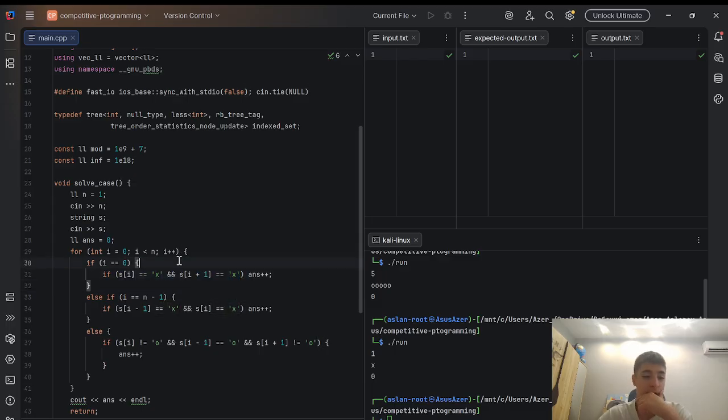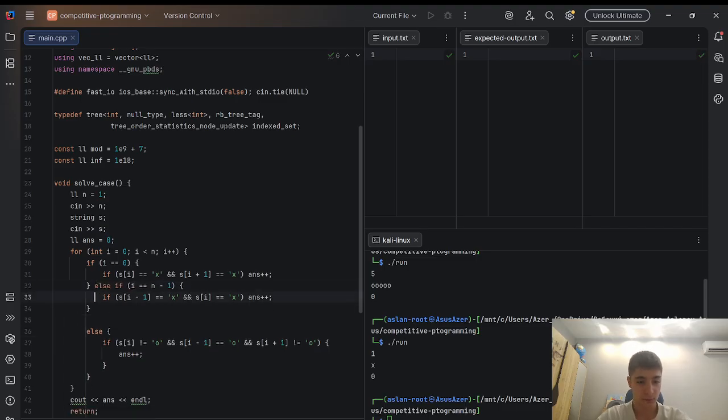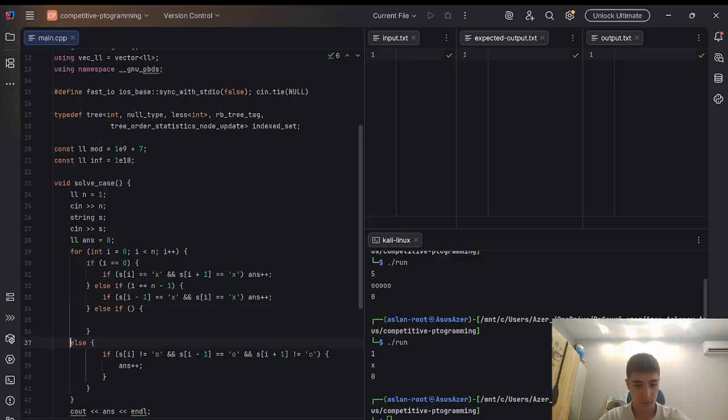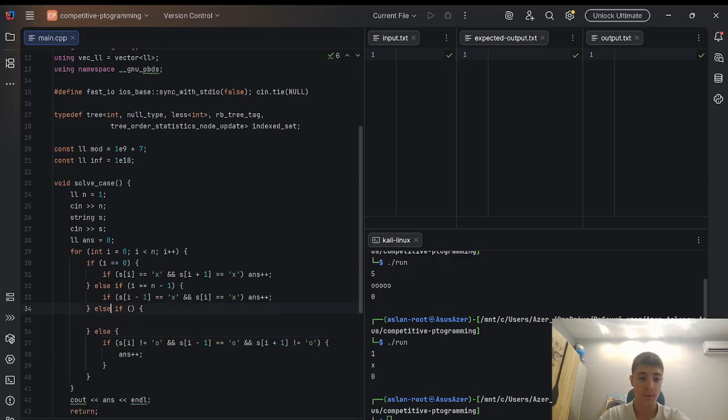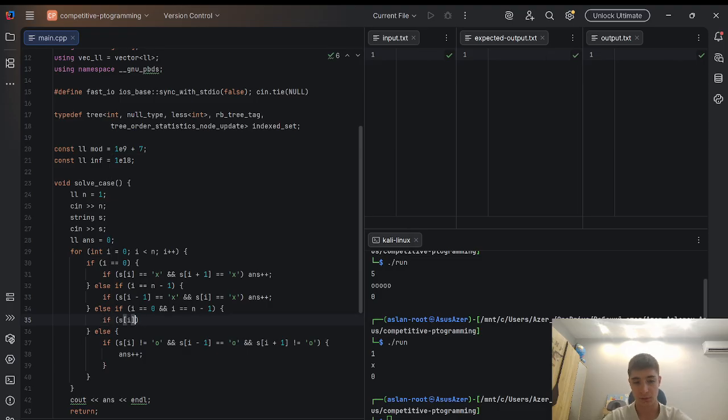I will need to make another test case for when it's equal to n minus 1, and I think it would be better to use else if, like this, and this, and then here we go. So let's make y equal to 0, and at the same moment y equal to n minus 1. So I'm going to do if s[y] equal